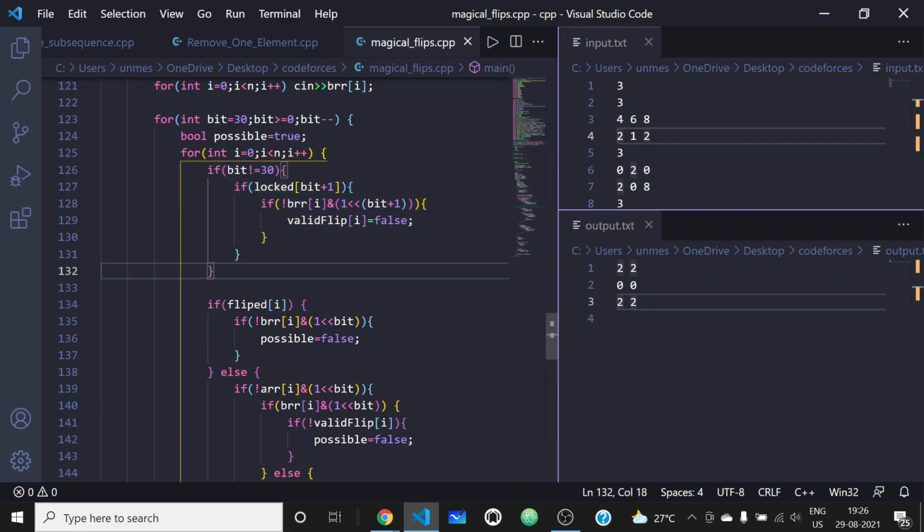For the previous bits, other than bit plus one, it has already been calculated. If it was not possible for some bit, then it has already been set false. So yes, we were checking whether it is possible or not to set the bit in the resultant bitwise AND.